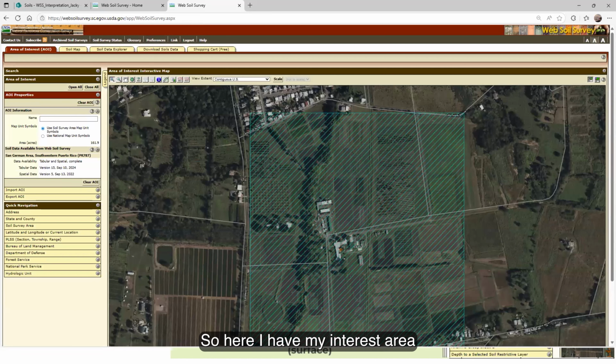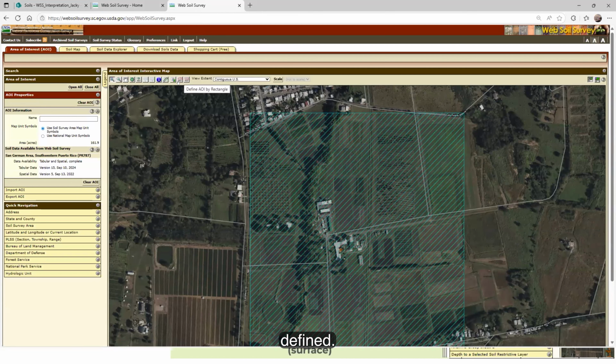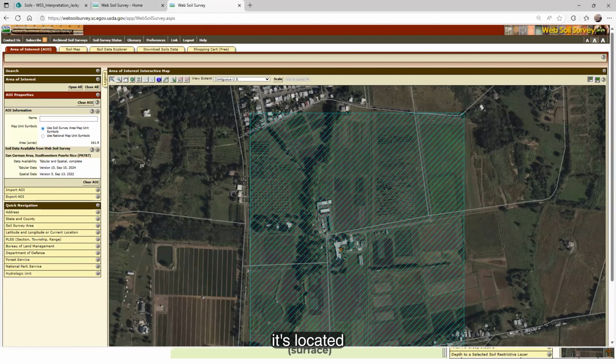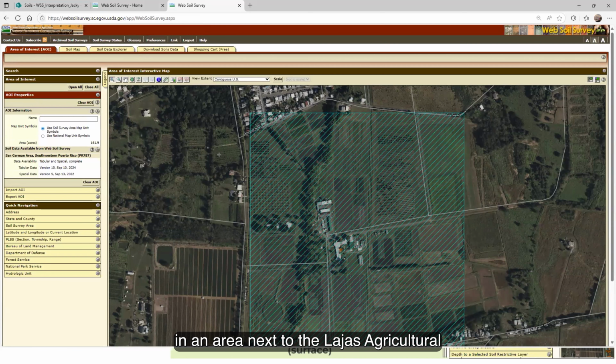Okay. So here I have my interest area defined. I used the option that says define the interest through a rectangular area. It's located in an area next to the experimental area in Lajas.